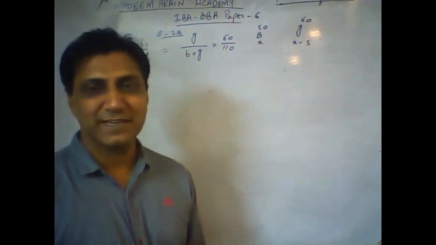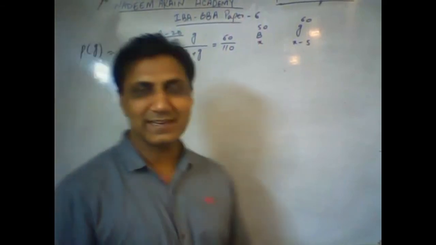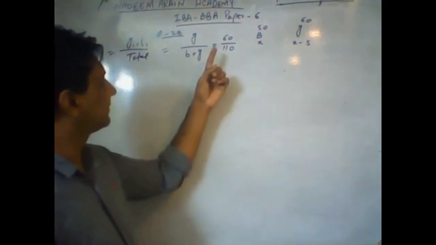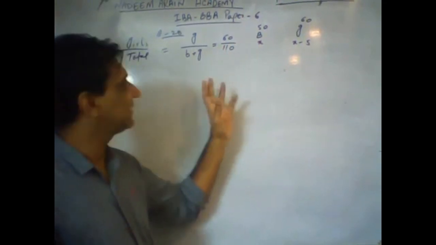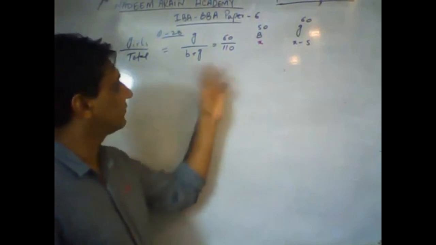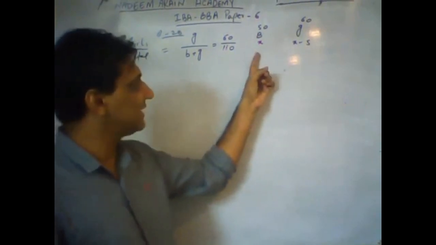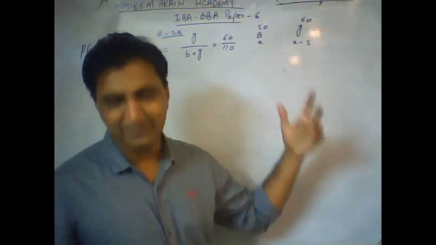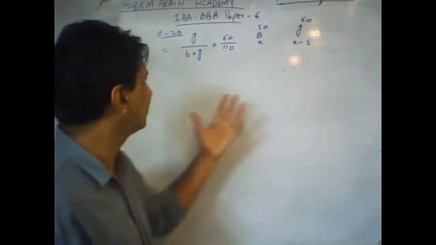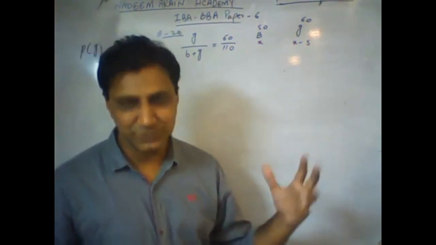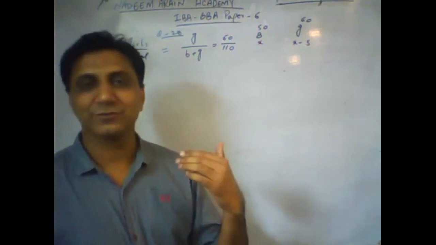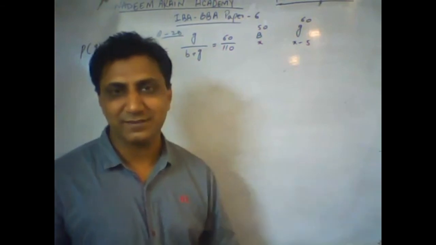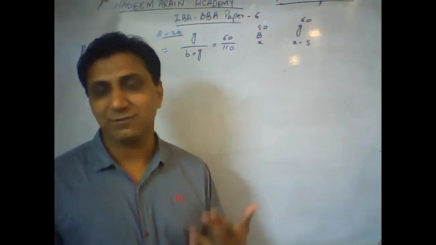Next question from past paper 6 is question number 28, that is from probability, okay? The question says there are 50 boys and 60 girls in some cafeteria. If x boys leave and x minus 5 girls leave, the probability will be 5 over 7. So what should be the value of x? This is a substitution question, okay? We have to find what x should be so that we get an answer of 5 over 7.